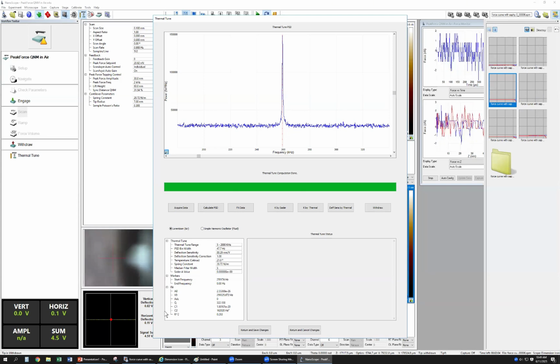Okay, so you can see with this program, a few of the cantilevers they already put here. For example, AC 160, AC 2000. This one all the Olympus, and the AD 2.8. Then if your probe is this one, you just select it. Okay, if you cannot find your probe here, then just go to the